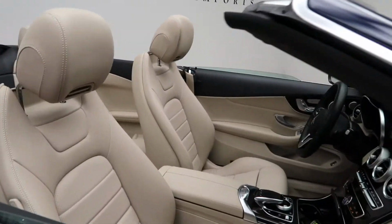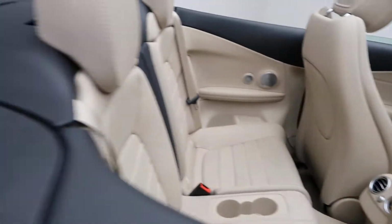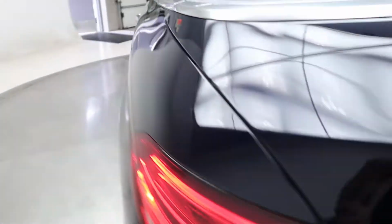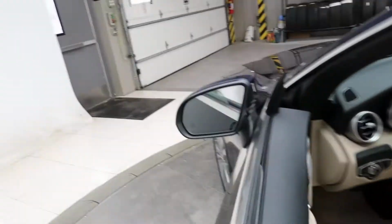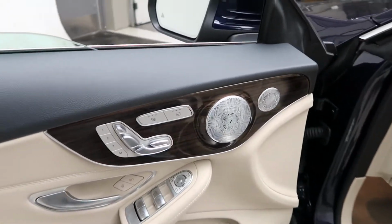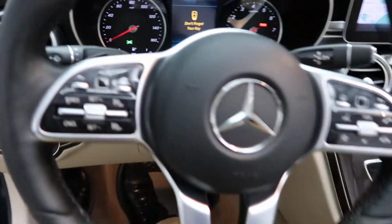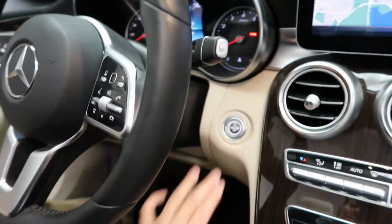Silk beige MB-Tex interior with a dark linden wood trim. 4MATIC badging, C300, blind spot assist, Burmeister sound system, heated seats, memory seats, power windows, heated steering wheel, touchpad steering wheel control, Bluetooth capabilities, paddle shifters for extra performance, push start ignition,